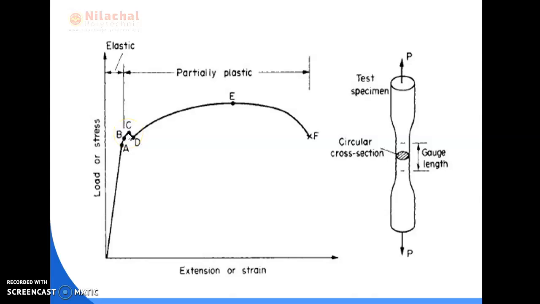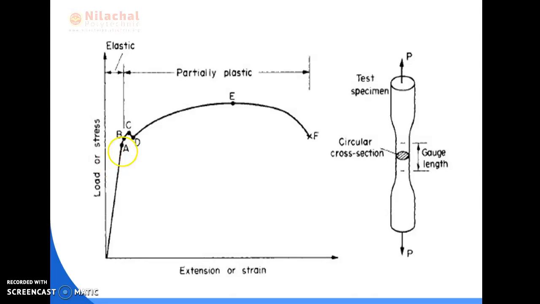What does yielding mean? This is the maximum strength of the material before its failure takes place. So there is a maximum point and a minimum point, that is, the upper yielding point and the lower yielding point. During this period, the load is constant but deformation takes place, and at point D, the failure of the material is started.